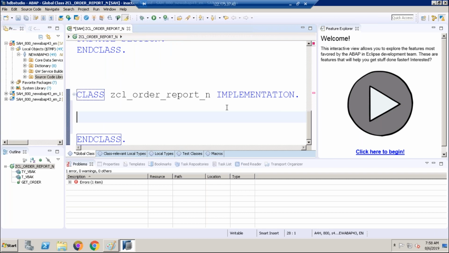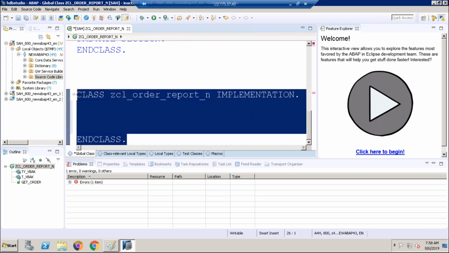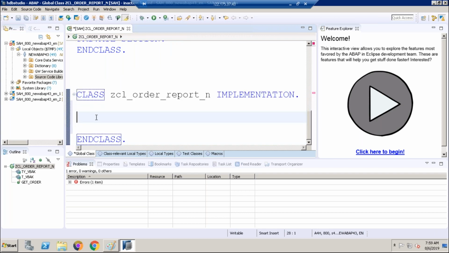In normal global class, in normal ABAP, if you're not writing implementation, it's not a problem. Just you write class and class, that is enough. But here compulsory, because this entire code will be executed in the HANA database. So each and every code we have to write compulsory, guys. We should not leave anything.